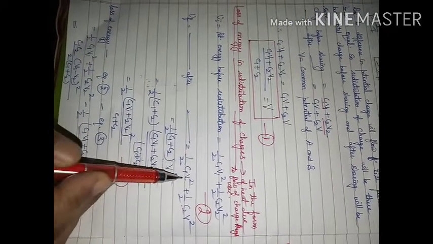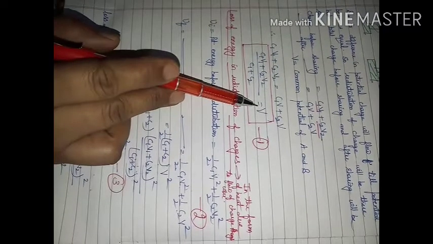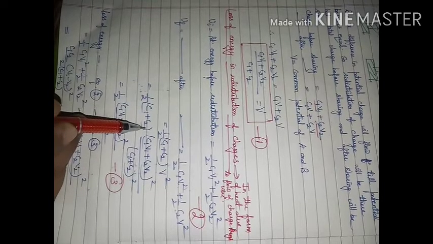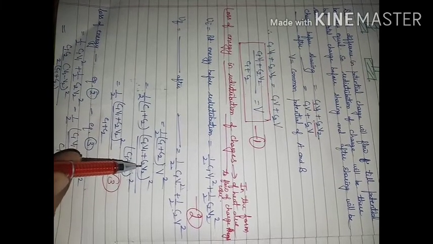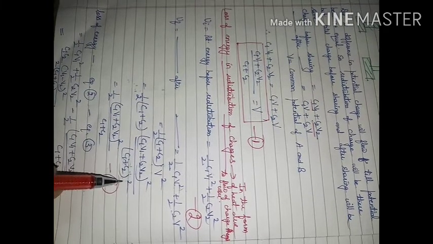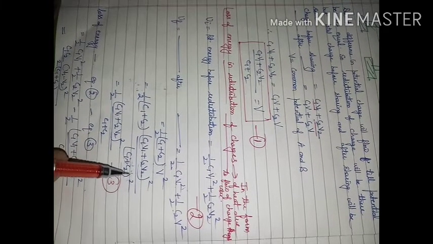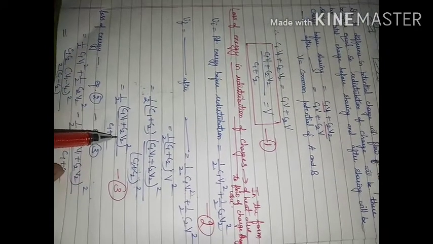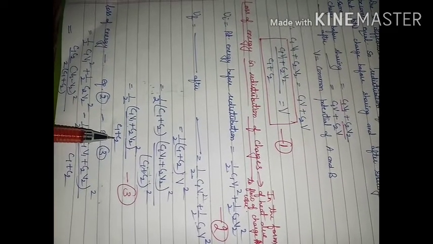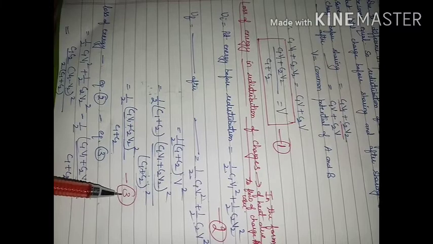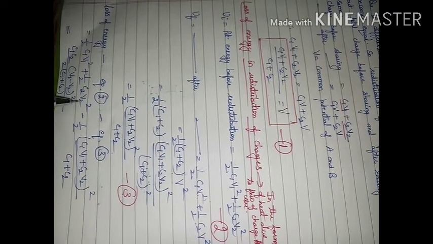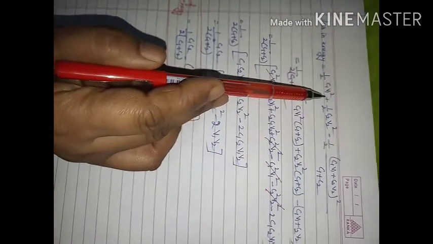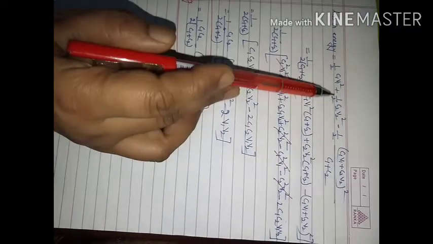In this equation, we will take V square common, and using the first equation you can put the value of V. So we are left with half C1 plus C2, then within bracket C1V1 plus C2V2 whole square divided by C1 plus C2 whole square. With this you can cancel one factor. So this equation is left: half, within bracket C1V1 plus C2V2 whole square divided by C1 plus C2. From the second equation you subtract the third equation, and you will get this form.